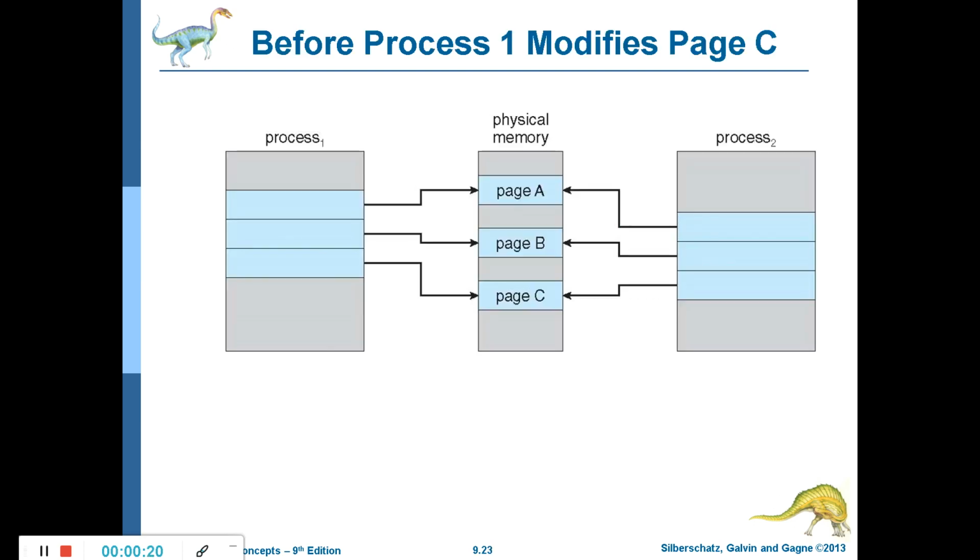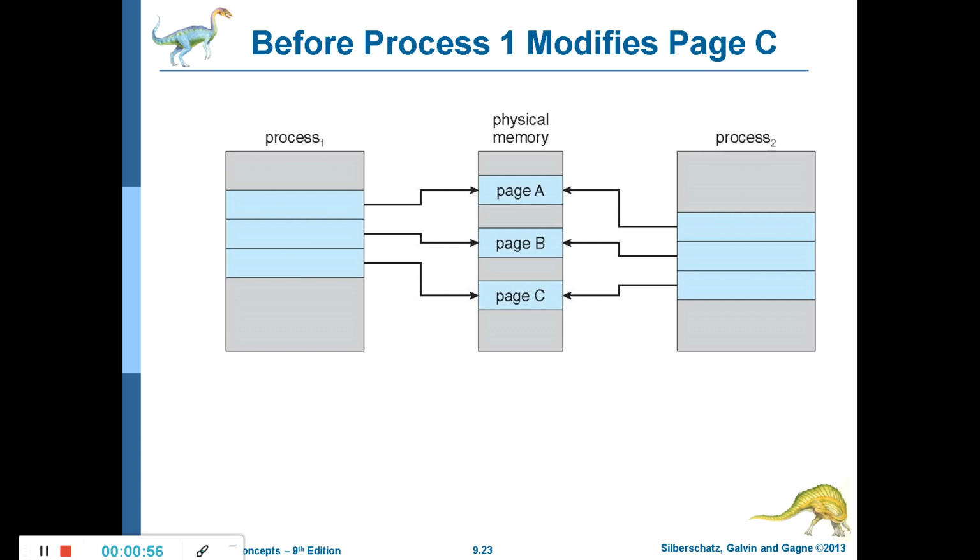So if this is the physical memory, if this is process 1, the parent, and process 2 is the child, you can see both these processes are sharing the same pages. What is the advantage here? Since both these processes need the same pages, the same content, why have another version of these pages in the physical memory? If that is the case, then the memory gets wasted unnecessarily. So instead, let both these processes use the same pages.